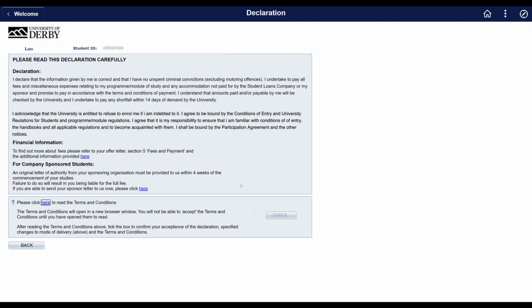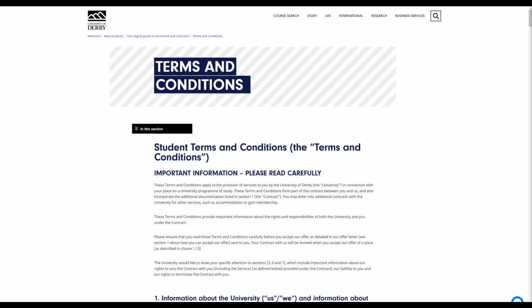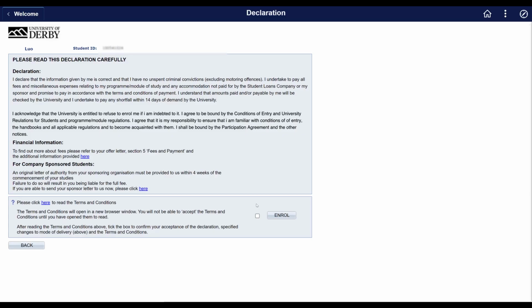to complete your enrolment. Before you head into the online enrolment, please make sure you accept our terms and conditions contained within the declaration page. You will need to click on the Here button to open the terms and conditions. These will open in another tab. After you read the terms and conditions, you can go back to the declaration page, tick the checkbox and click